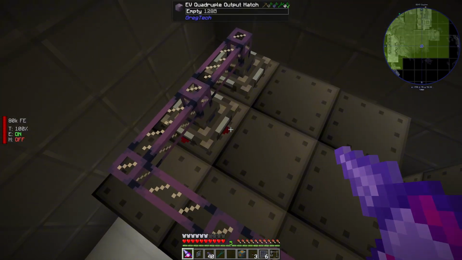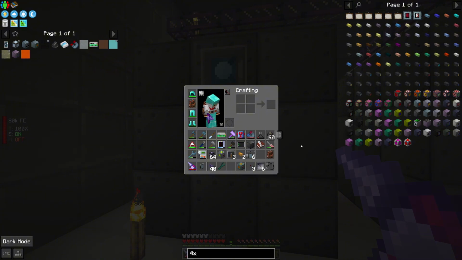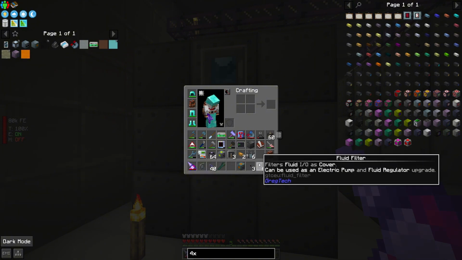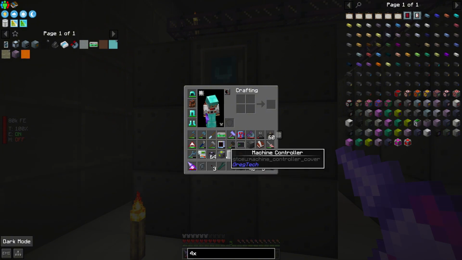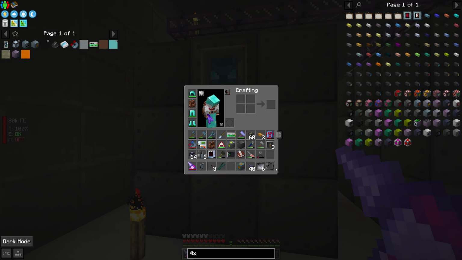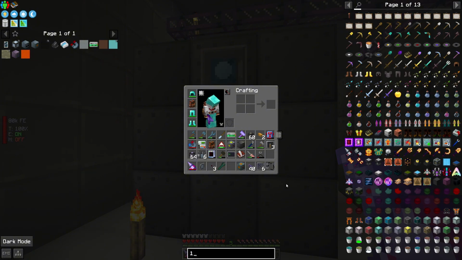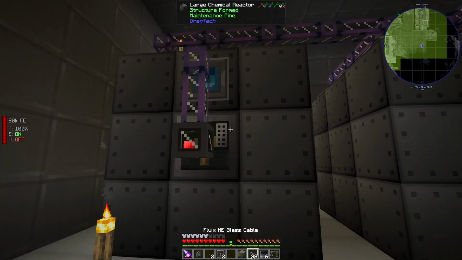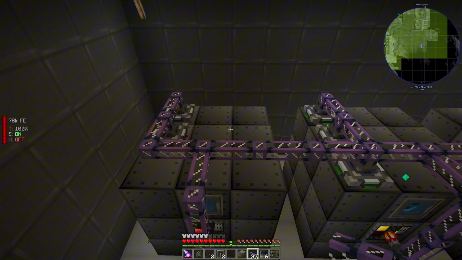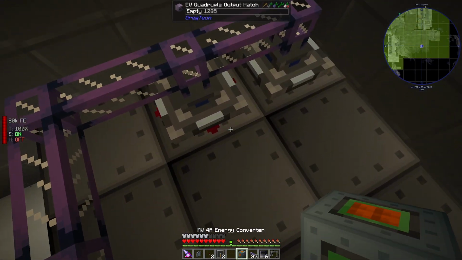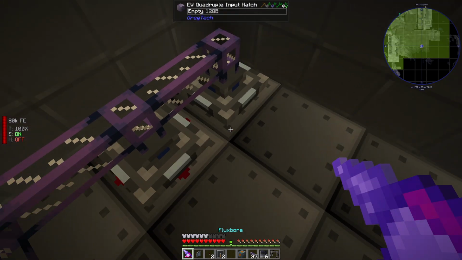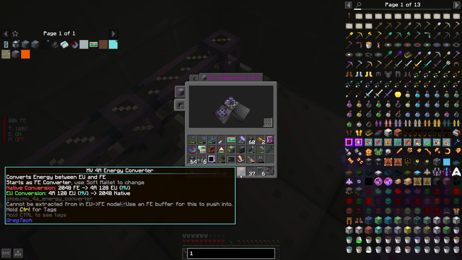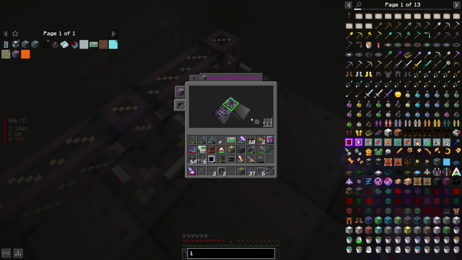Okay, we are back. So I have the LCR here. I'm just gonna go ahead and put the controller on the middle once I can find the stupid controller block. Oh, there it is. Okay, so that should be good. All right, so we have the output hatch and then we have the input hatch here. So what we're going to need to do